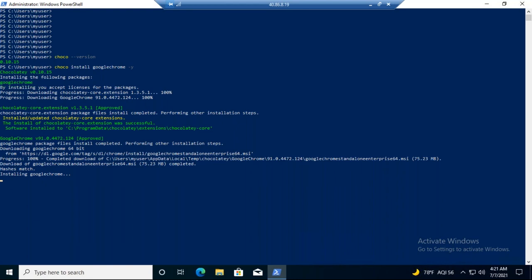Actually, at the time of creating the Windows virtual machine, we have to take a larger machine. But by mistake, I took B1S, which is a very small machine. You have to take a virtual machine with more than 1 GB RAM. You have to take DS2_V3, so it has more than one CPU and more than 1 GB of RAM. Then your network speed and processor speed will be very fast.